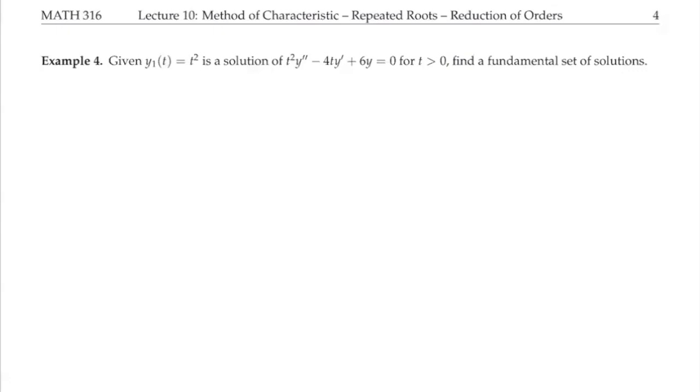So in example 4, we're going to work on a similar class of differential equations. This is again the second order linear homogeneous differential equation with non-constant coefficients. So given the first solution, can you find the second solution? And from that, can you make sure that you form a fundamental set of solutions by finding the Wronskian, and the Wronskian has to be different from 0. So given y1 equal to t squared,